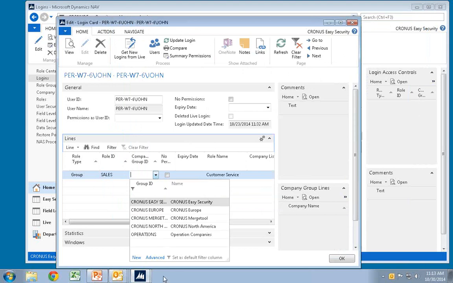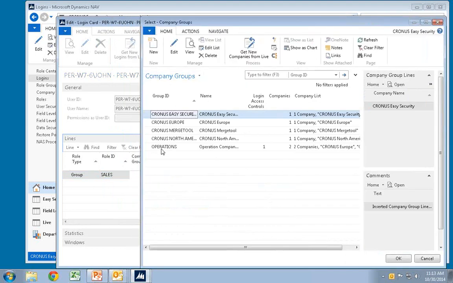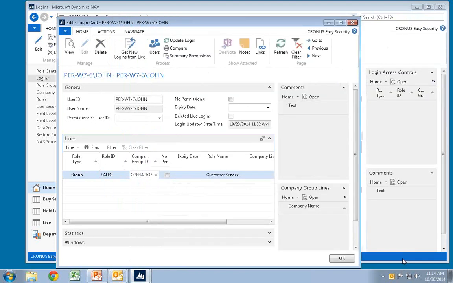One thing that also makes security kind of tricky is that when you have more companies in the database, like in my database I actually have 4 companies that are all called Kronos up here, I can actually build a group of those ones. So instead of assigning 25 permissions or access controls to a user for the task they do, and then do that in 3 different companies, we can actually build a group of the companies, making it easy in the future to add another one, but also very simple to assign access to multiple companies.